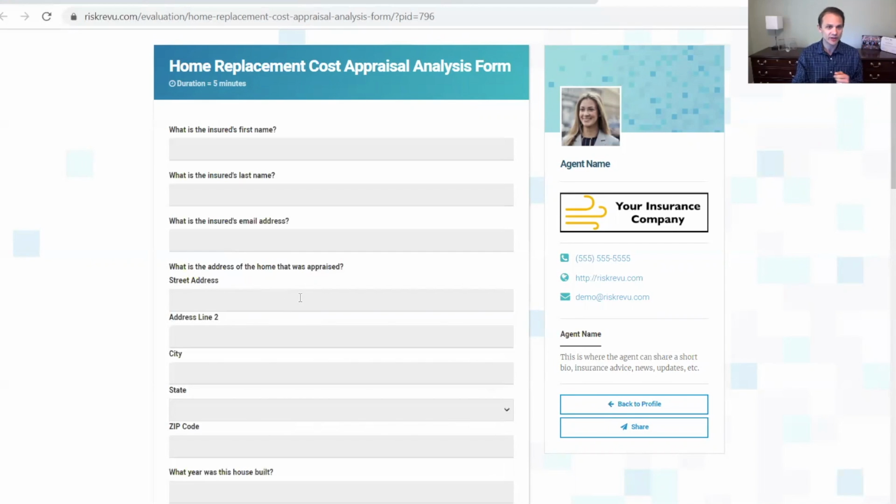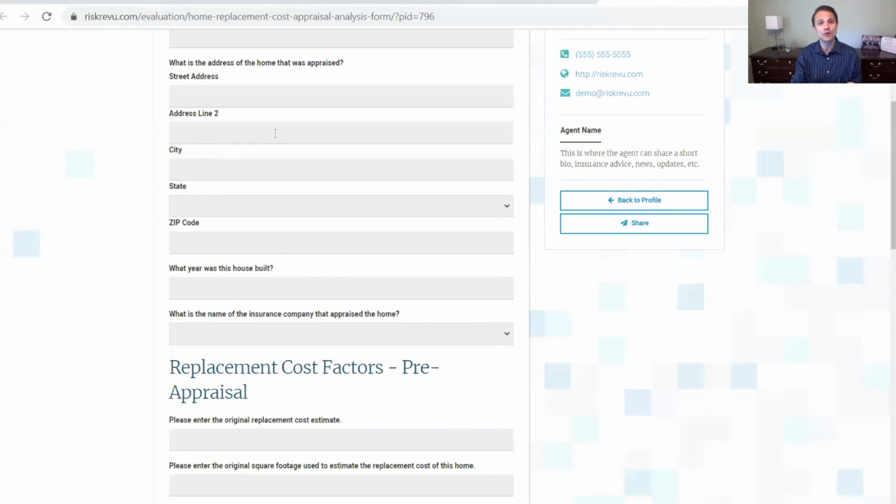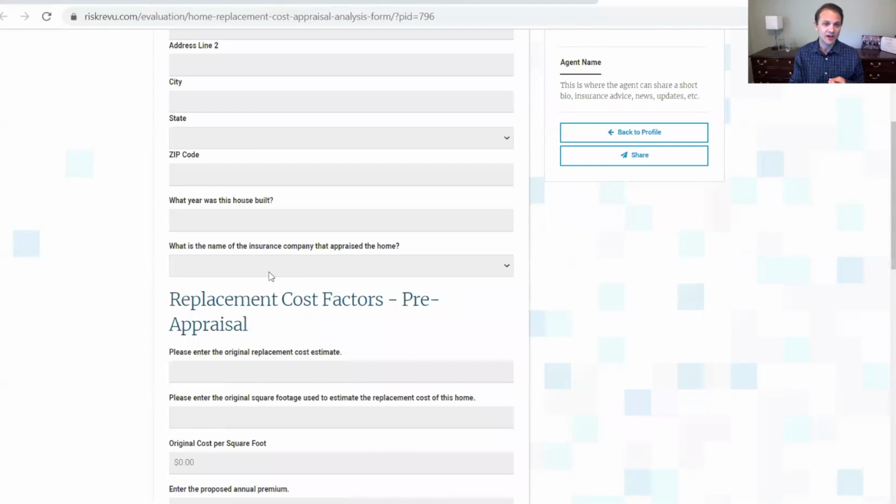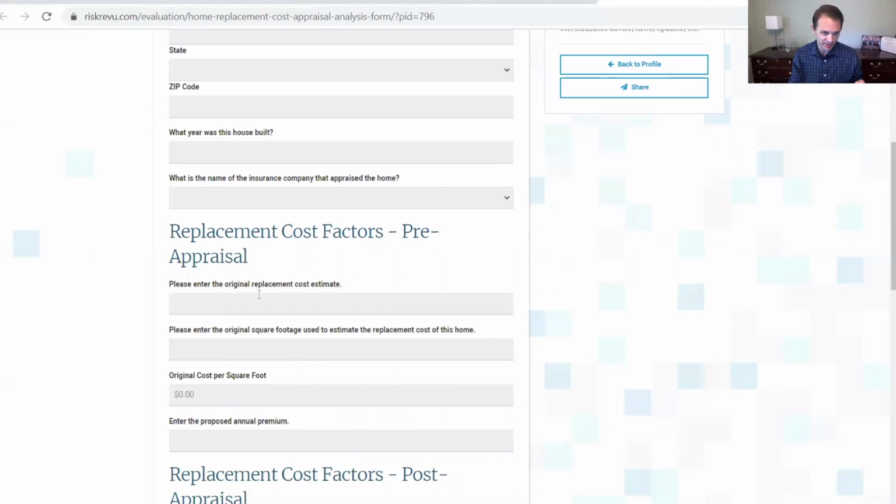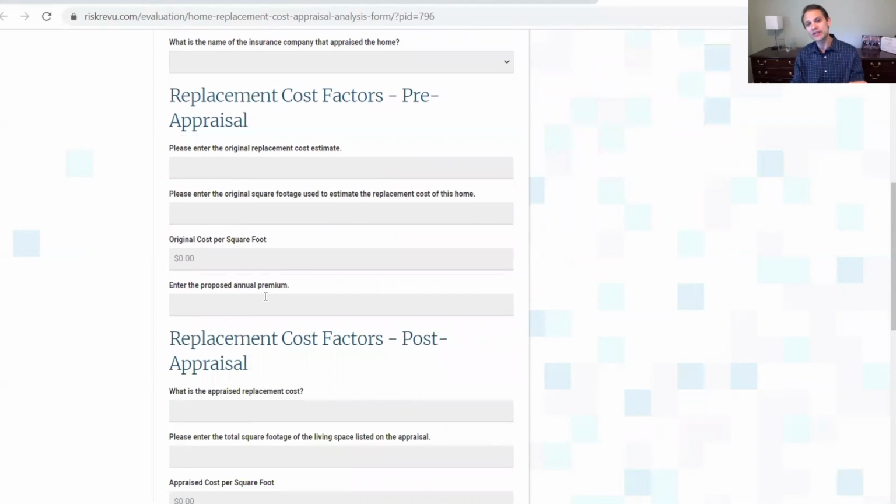So here's what it looks like. You put the name of the insured in, first name, last name, email address, which home was appraised, what was the year the house was built, what is the name of the insurance company that did the appraisal. And then we do pre-appraisal information. So this was the estimate that the agent came up with and did the proposal based on. The original replacement cost estimate,